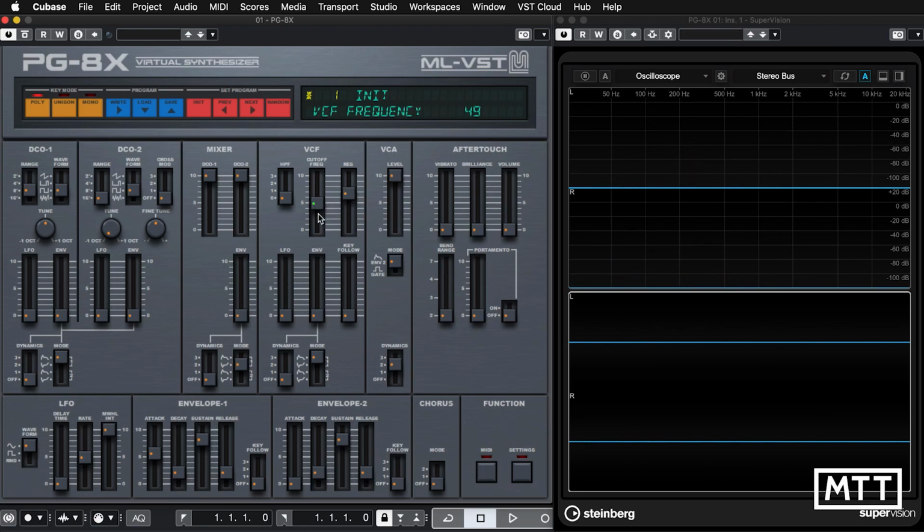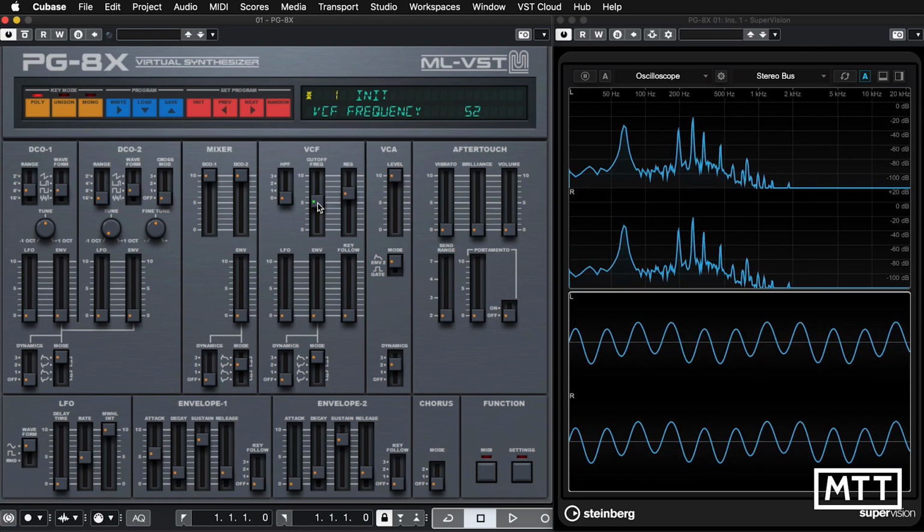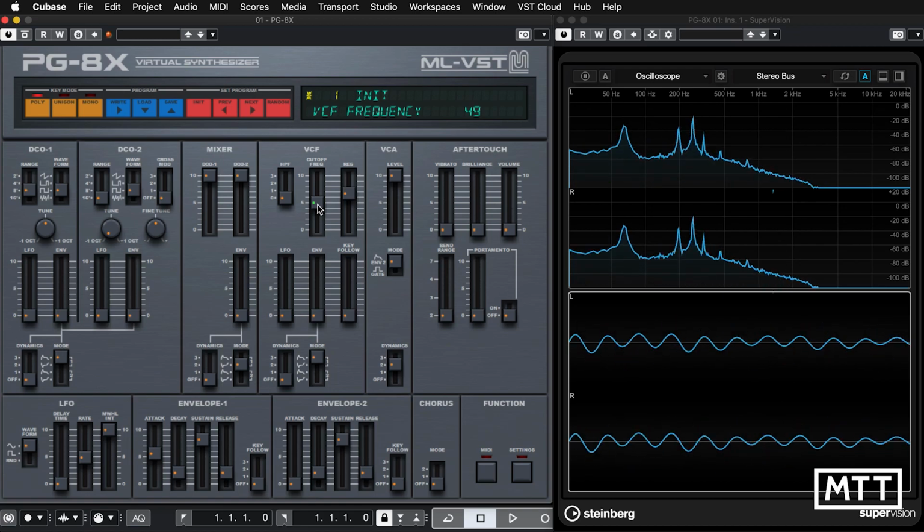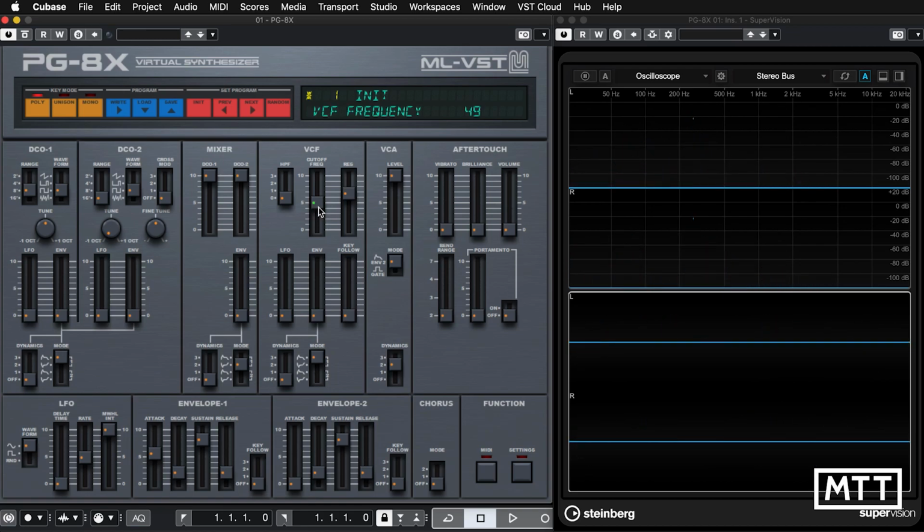And you can hear, because we've only got 100 settings here, we can hear the stepping in this, particularly around this sort of sweet spot here. You hear one of the limitations of this kind of thing, that you can hear those different frequency changes. They're not super smooth. If you've got envelope control of it, as we're going to see, then that will be smooth. But doing this manually, in this case using the controls, sometimes you can hear a bit of staircasing through those different settings. Now, fortunately, we've got the ability to add the LFO to the filter or envelope control,